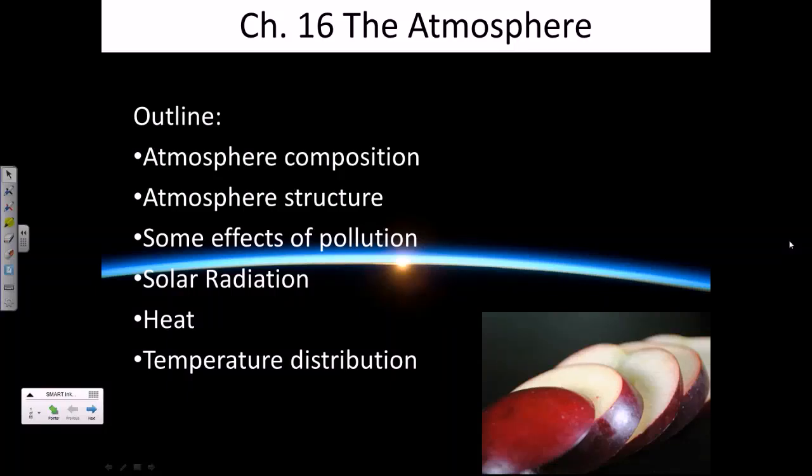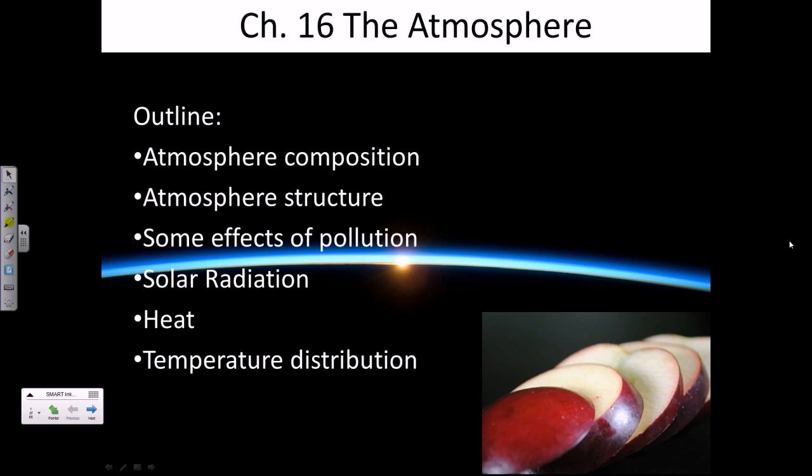Hello and welcome to our lecture on Chapter 16. We're going to start a segment in which we move out of talking about the geosphere and elements of the hydrosphere, such as the oceans, and we talk about the atmosphere. And we'll talk about the atmosphere for around 4 lectures, chapters 16, 17, 18, and 19.